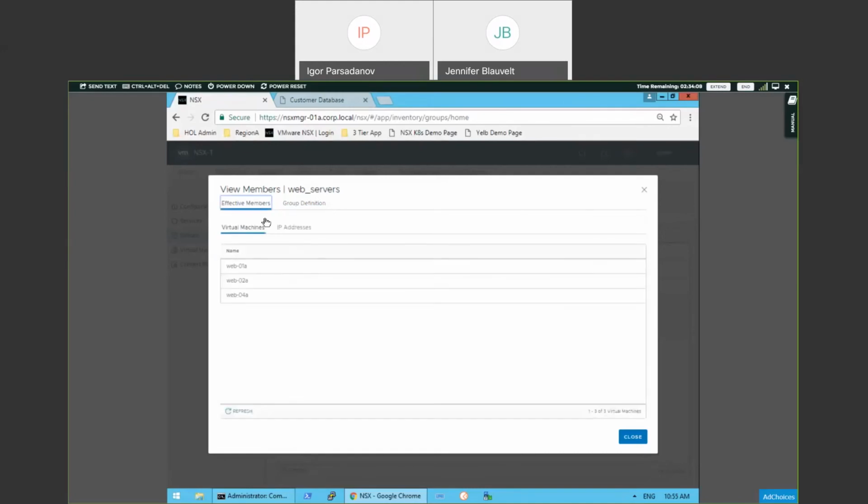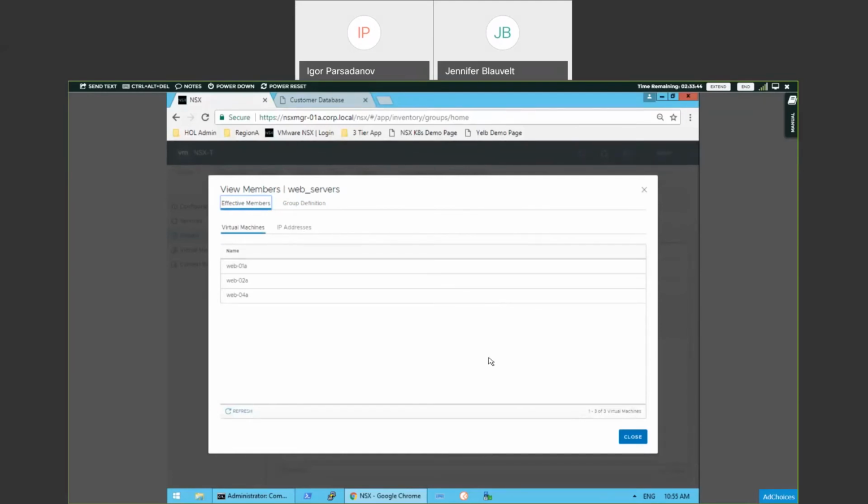So any virtual machine that is tagged with web will automatically fall into this. So as you spin up new web servers, you don't have to come into the web group and add IP addresses. As part of your provisioning process of the web server, you make sure that web server is tagged with the web tag, and it will fall into this group. Any policies you define on the web servers will automatically apply to that workload.